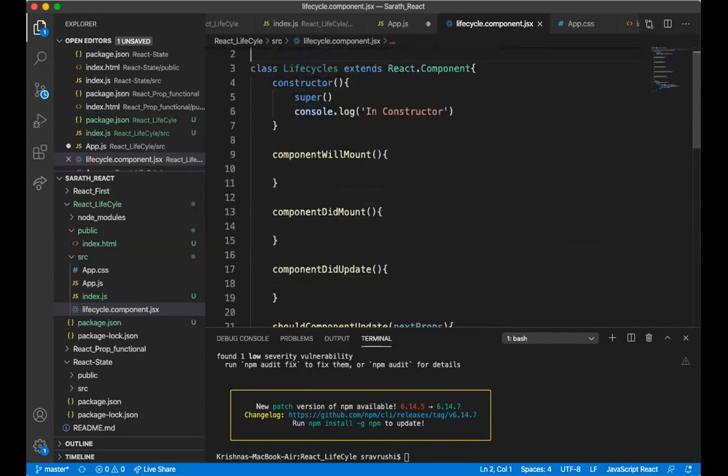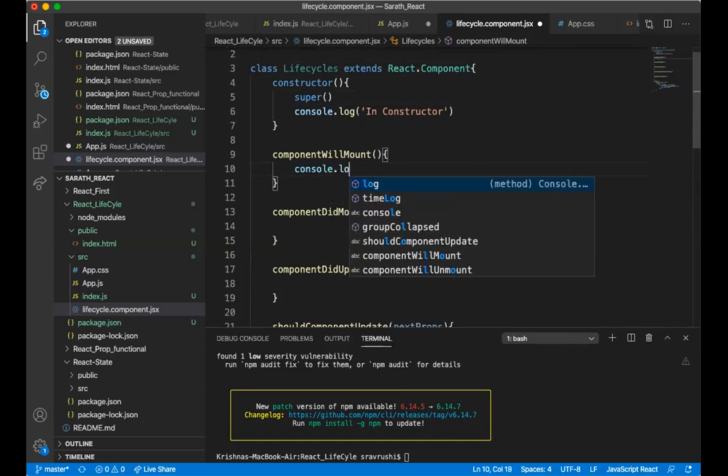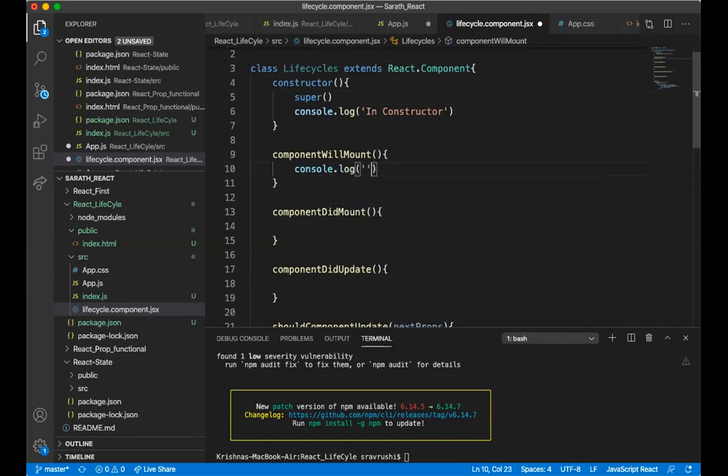Actually, component will mount is the version which tells the component that we are going to mount a particular component. So this component is going to be loaded or mounted.